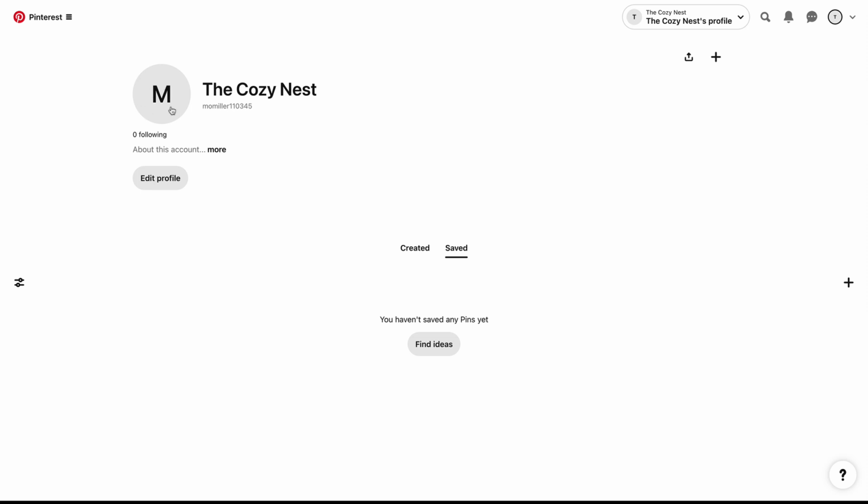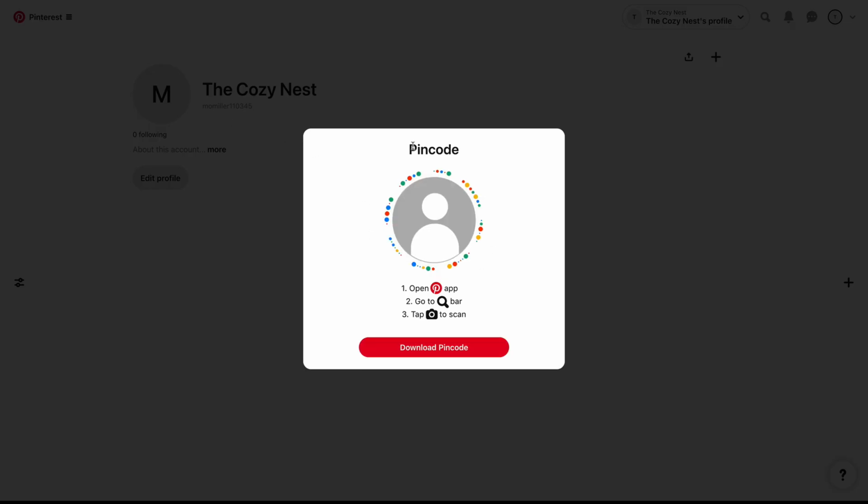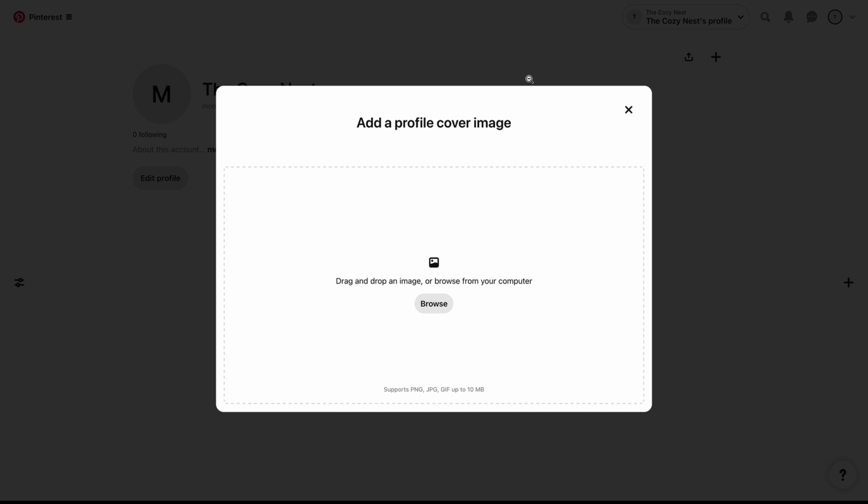Now, the first thing you want to do is head over to the profile image here and add an actual professional headshot image. So add that in here. Next, you want to add a profile image here, and I'm going to give you some examples of what a really good profile image looks like, pretty much in any niche, but we're going to stick to the home decor